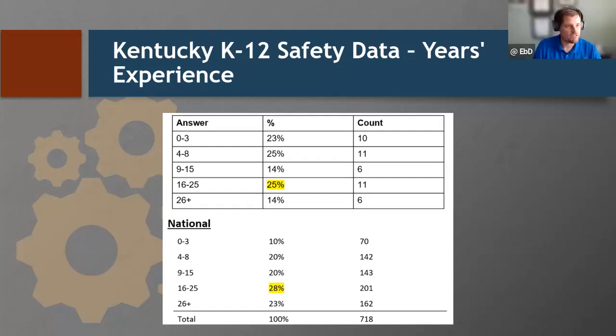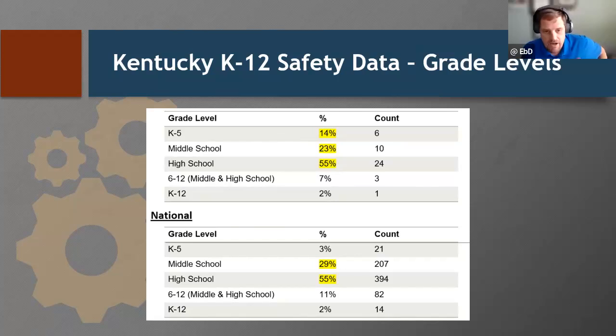Yeah, that makes sense for sure. And we'll kind of go into some of the recommendations towards the end of some of those things that came out of the study, and then even the training that we ran in Kentucky that were kind of just best practices to help teachers. Here again, you can just see by grade level how the survey broke down,